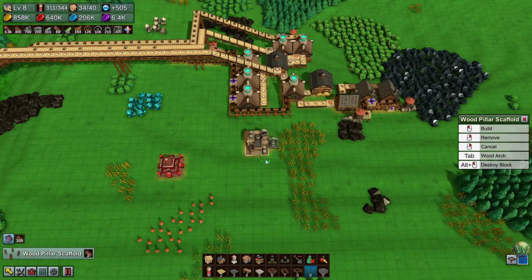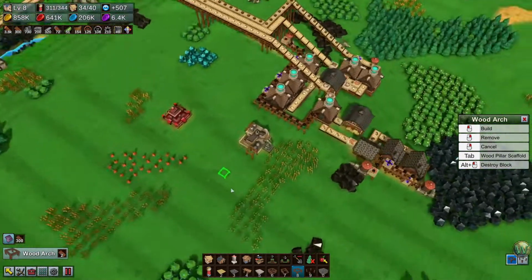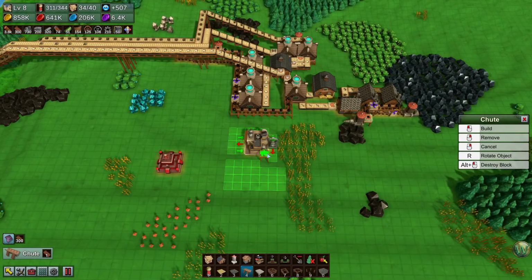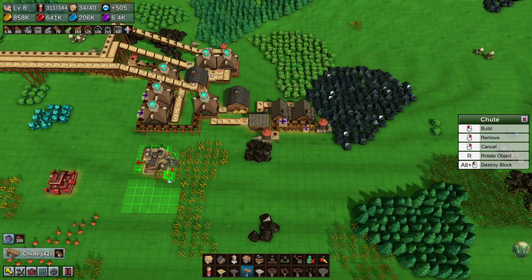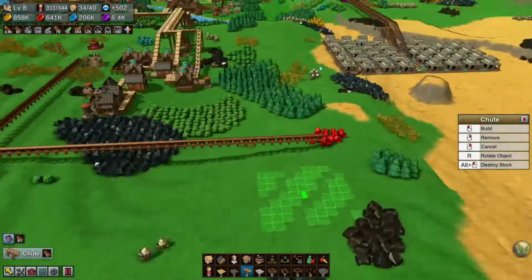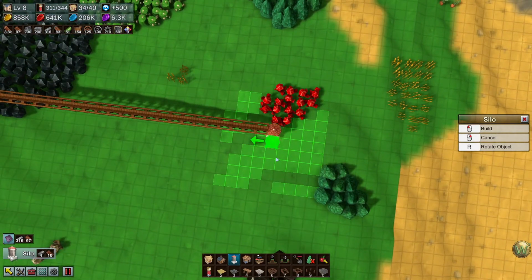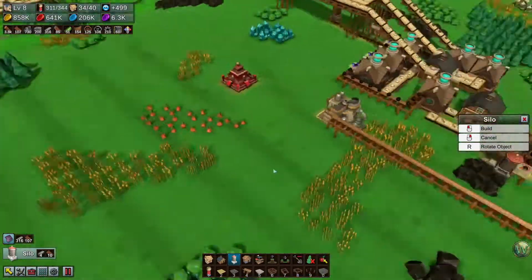So let's see. I want to go 1, 2, 3. I want to go on that side. Do I care? Yeah, I kind of care. You go, no. There. And is that going to be too high? Or is it perfect? It might just be perfect. Silo. It's 1 too high. Well...